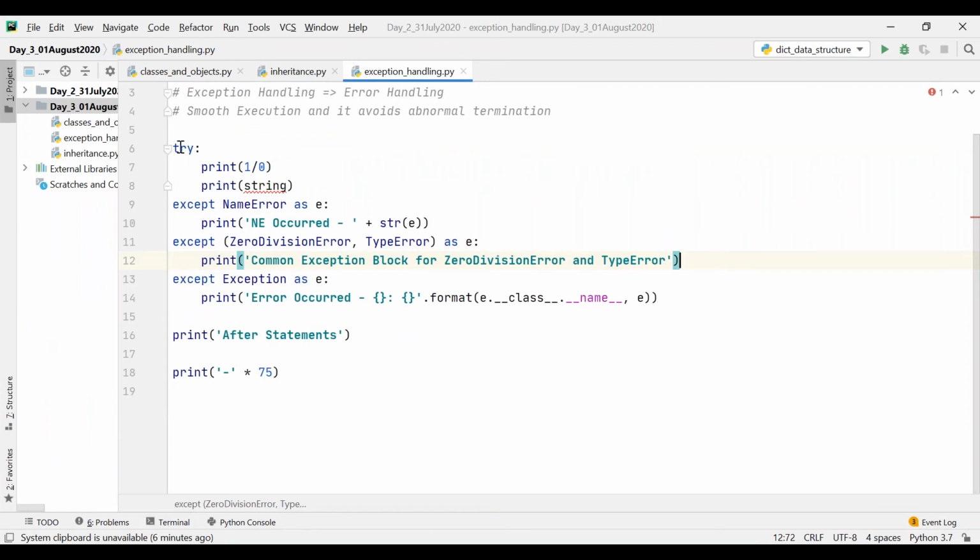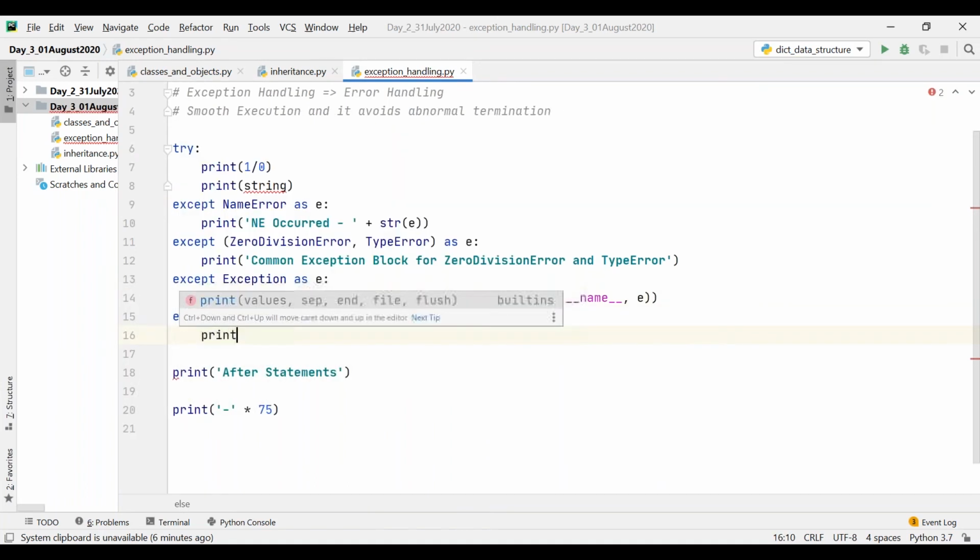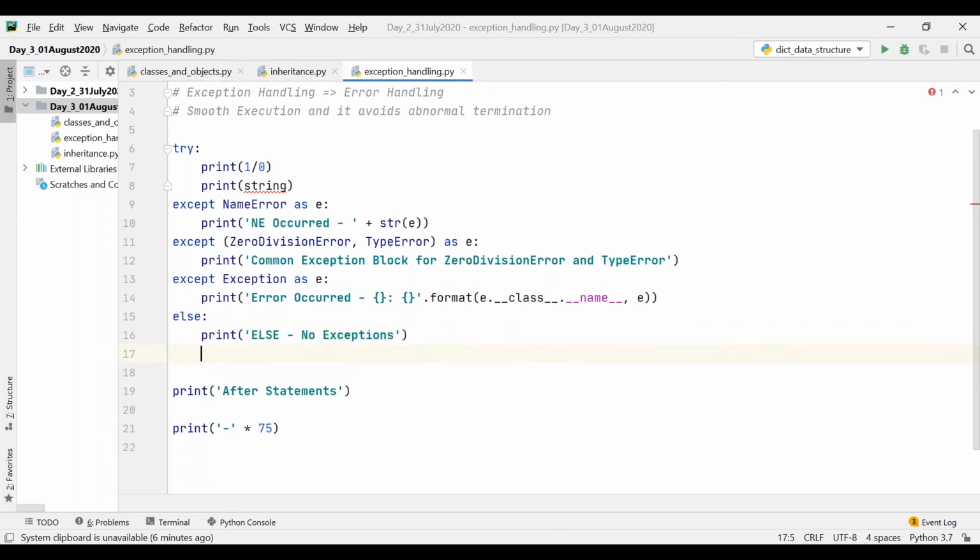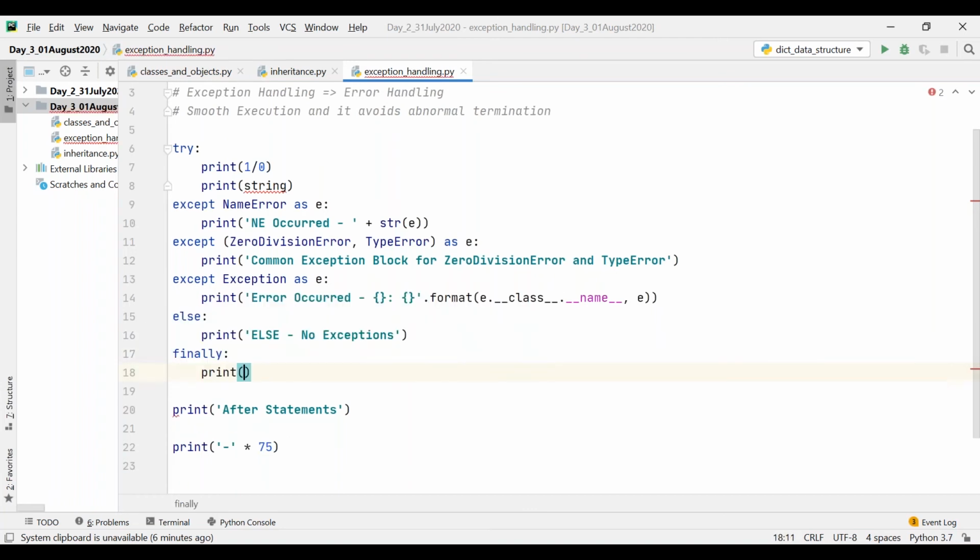Now, apart from try and except, we have two more blocks. That is, we have something called else block, else block in case of no exceptions, and we have something called finally. It's nothing but the finally block, always be executed.